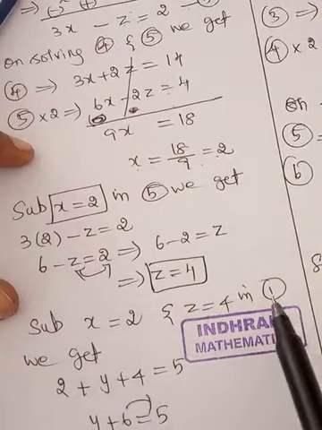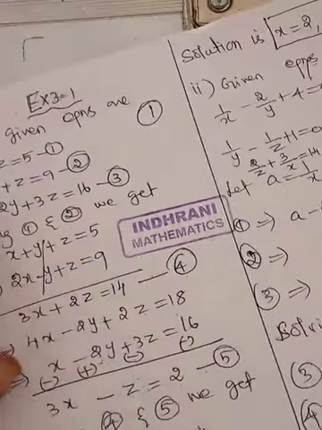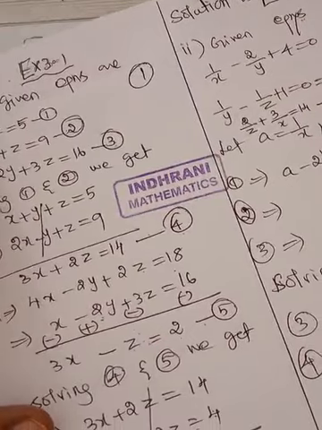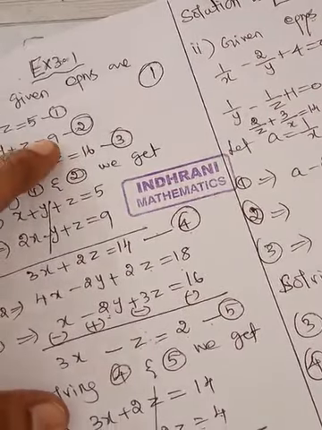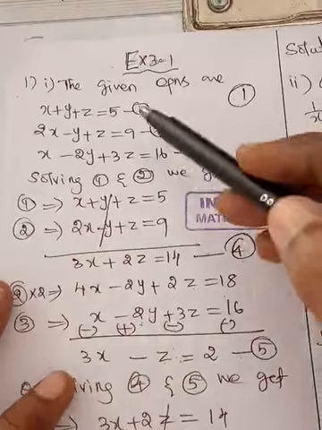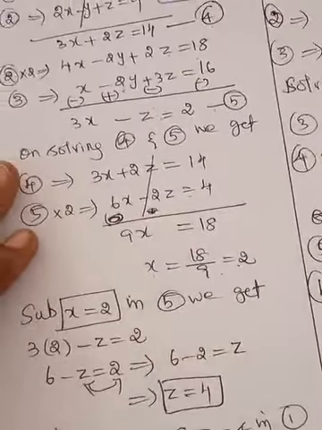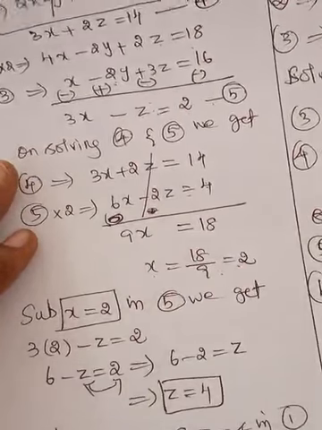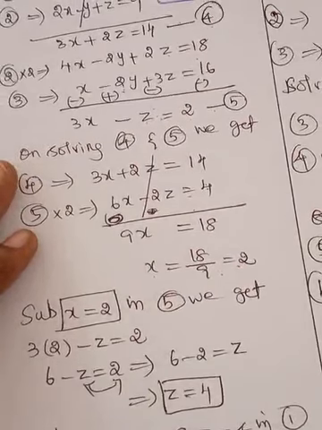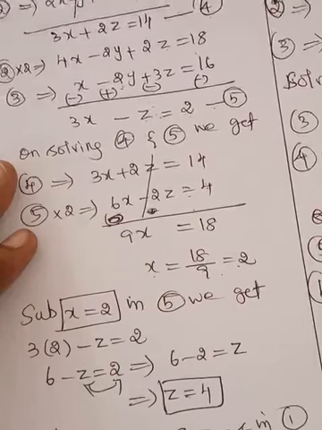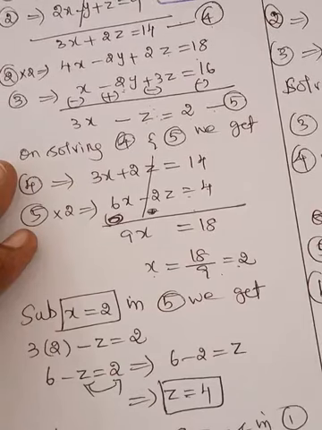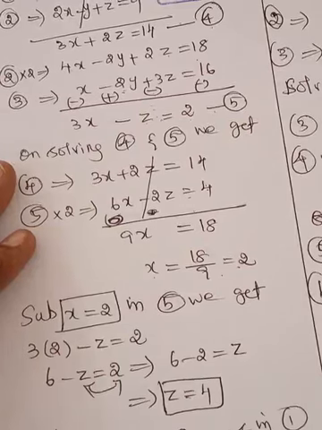These two values, substitute in the first equation, that is x plus y plus z equal to 5. Substitute in equation number 1. So you will get x value is 2, plus y value is unknown, z value is 4, equal to 5. So y plus 4 plus 2 is 6 equal to 5, or y equal to 5 minus 6, because if you move plus 6 you get minus 6. So y equal to 5 minus 6, that is y equal to minus 1.